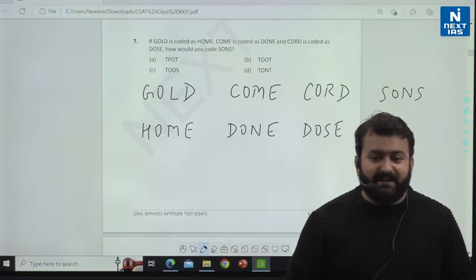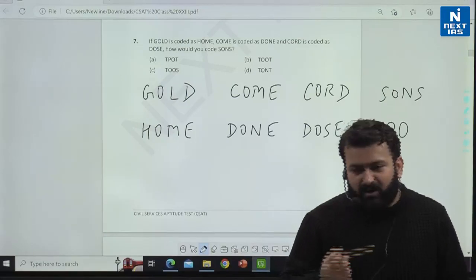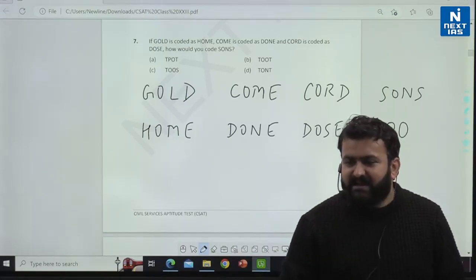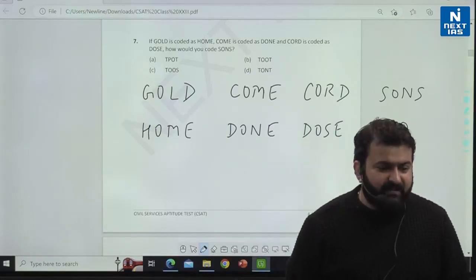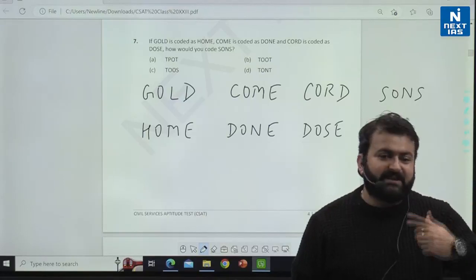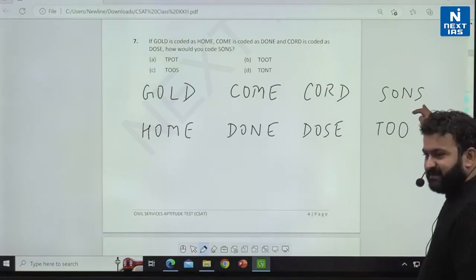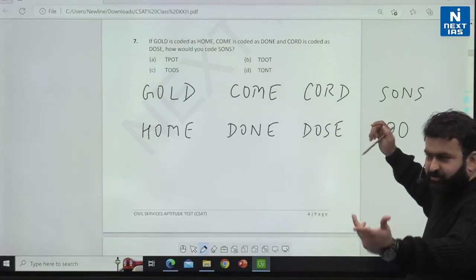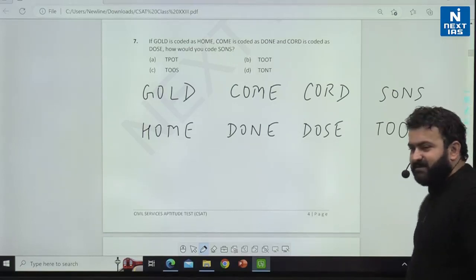So now what we find is that vowels remain as they are. Why O? O always remains as it is. And when it was E, E also remains as it is. Why? A vowel always remains as it is. Consonants are replaced by a letter ahead of it. Is it clear? So now here in this case S is a consonant, so definitely S will be replaced by a letter ahead of it.